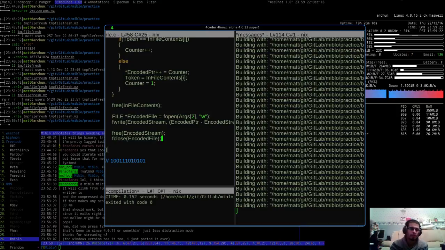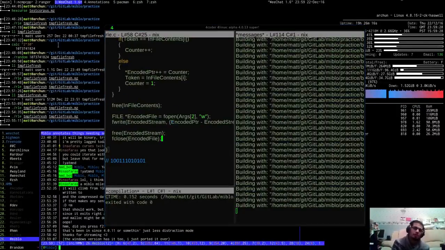Yeah, but I mean, you can't assume that the cursor is going to be where you want it to be most of the time. There are only very few cases where you can make the mouse work for you.